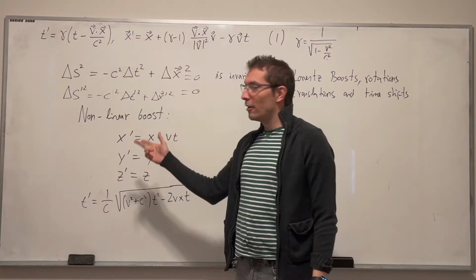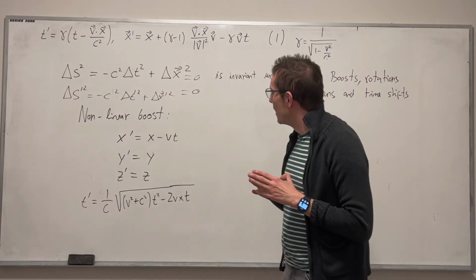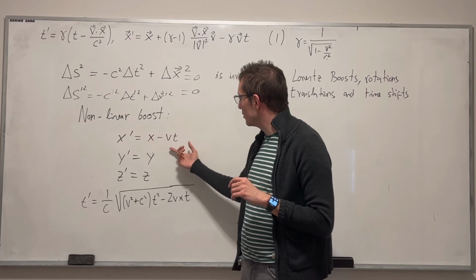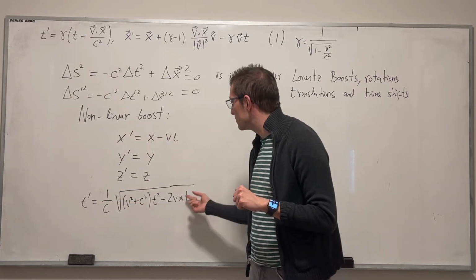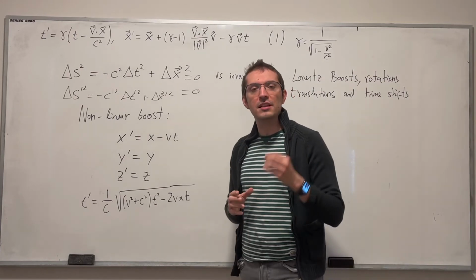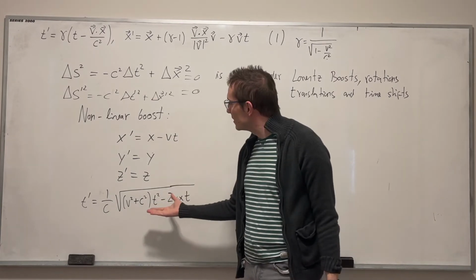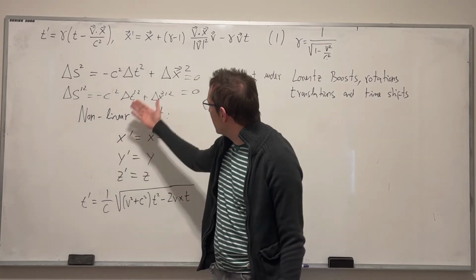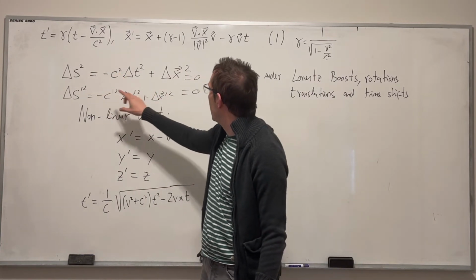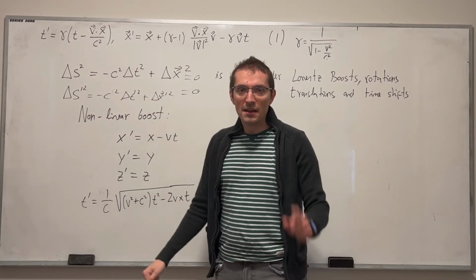All right, so let's take a look at this thing that I call a nonlinear boost here. So what happens with this? I define the transformation here as if it were a Galilei transformation, but then I define the transformation of time in this particular nonlinear way. And with this kind of transformation, you still satisfy the second postulate of special relativity. So if the transformation were like this, then you just compute it, and you plug them in here, and you get this expression too. You get that for two different frames, if two events are separated by propagation of light, delta S squared is 0.